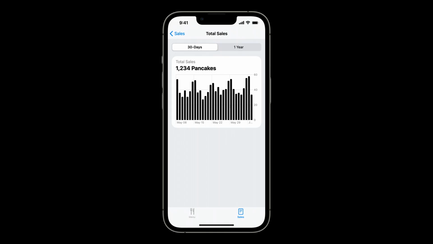Let's bring out the main takeaway for our chart by rewriting our chart title to say, Total Sales, 1,234 pancakes. This description grounds our chart with a concrete value and summarizes the most critical information. Providing descriptions that contextualize the data and summarize key takeaways eases readers into your charts. It makes a chart more approachable and accessible for everyone. It sets up what to expect or look for, which can be especially helpful for people with certain disabilities that make examining the details of the chart particularly time-consuming or challenging.